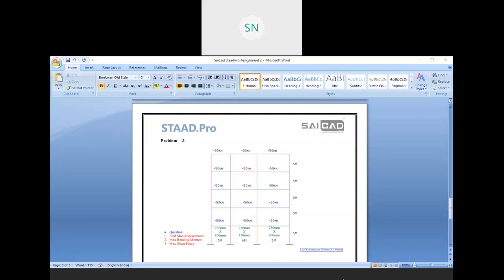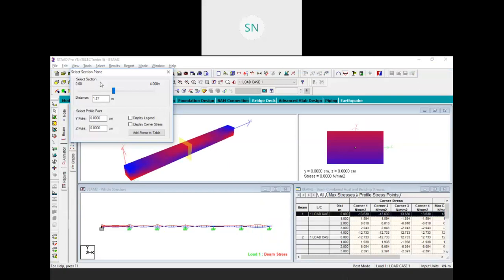Okay, see, in this problem we have a blue zone, and that blue zone is our tension zone. So when we give a command to STAAD Pro to calculate the reinforcement detail, it will provide more steel on the bottom compared to the top, because here we have tension load and that load must be carried by steel.